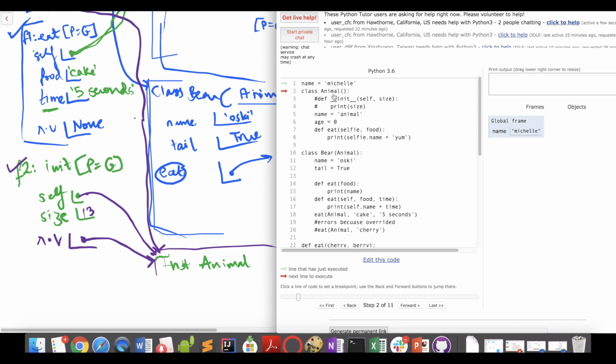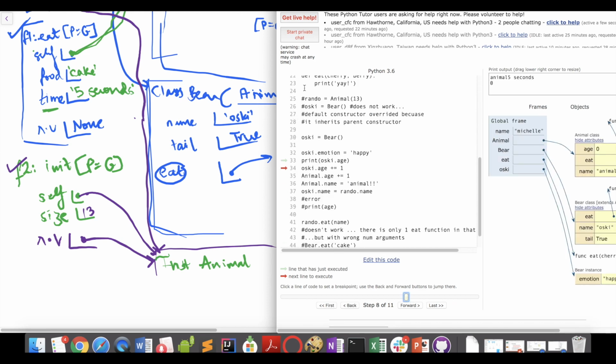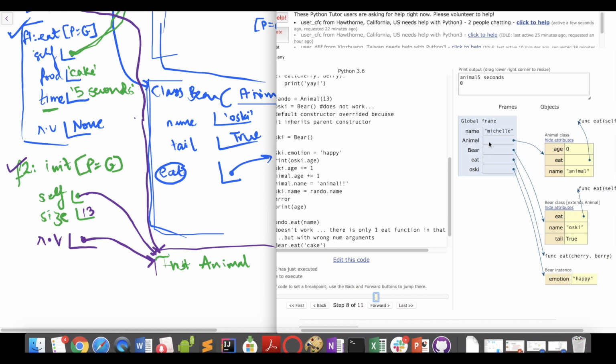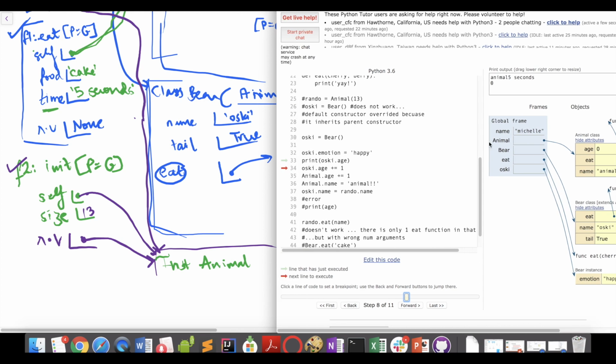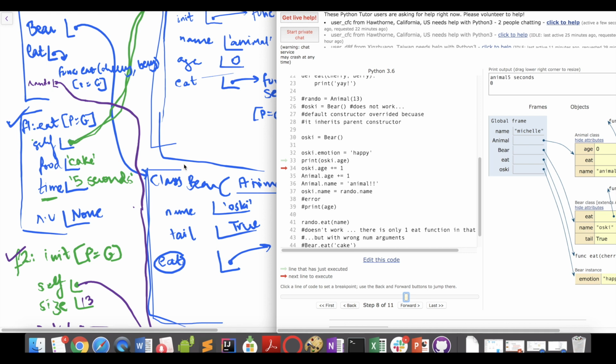I've commented out lines 3 and 4 as well as line 25, because otherwise the code would error. So what we have now is, we were on line 30. On line 30,